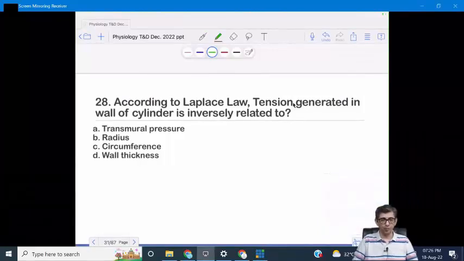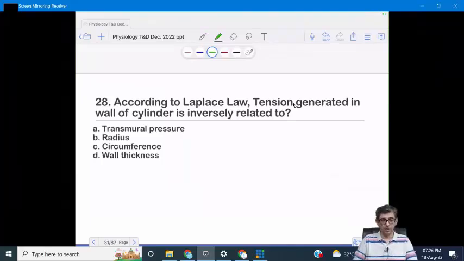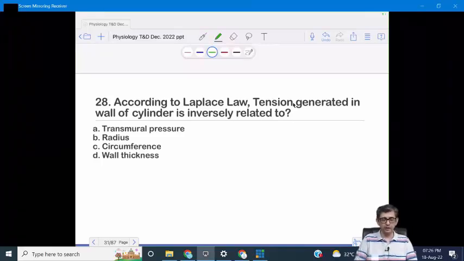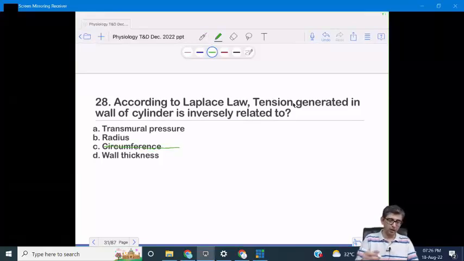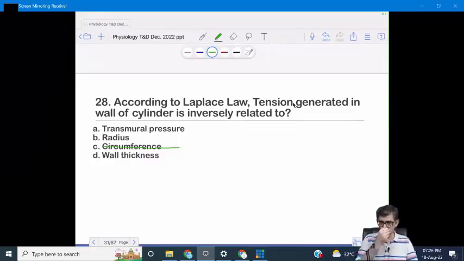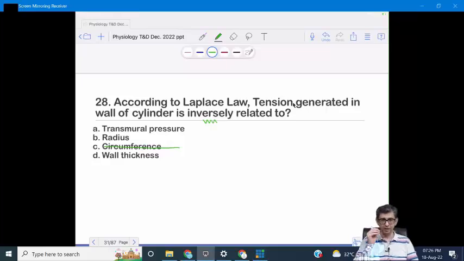The correct answer for this question, let's see what you guys have answered. Yep, absolutely. Transmural pressure will be in the numerator. Radius will also be in the numerator. Circumference यहाँ पर रोल प्ले करता नहीं. तो तीन में से सिलेक्ट करना था, या तो ट्रांसम्यूरल प्रेशर तो खैर इजीली सॉल्व हो जाता है, इनवर्स रिलेशन नहीं हो सकता. टेंशन इज रिलेटेड टू प्रेशर, डायरेक्टली रिलेशन. क्वेश्चन पूछा इनवर्सली रिलेटेड. भाई नॉर्मल इंग्लिश से भी करोगे तो प्रेशर ज्यादा होगा उतनी टेंशन ज्यादा